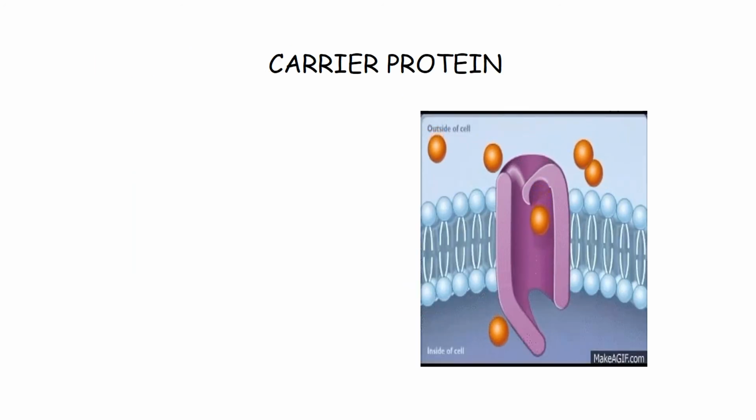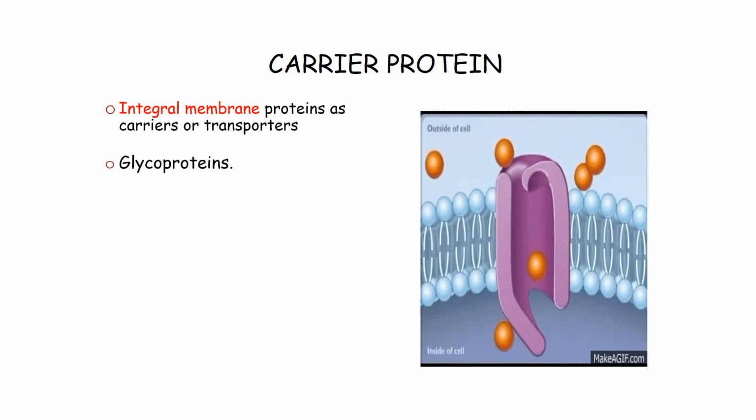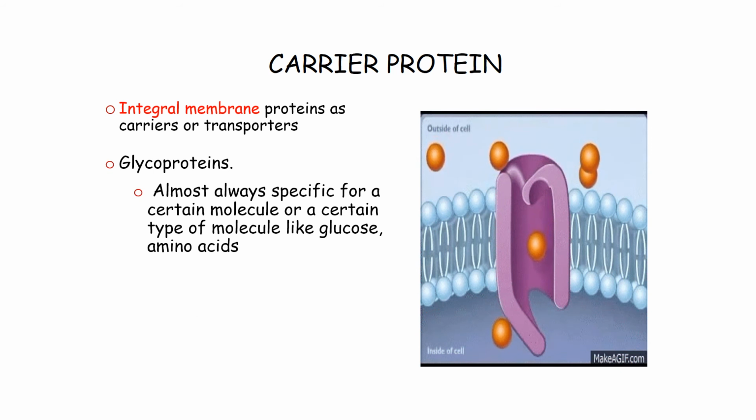We have already studied about the ions. The carrier protein, in a similar way, is an integral type of protein that provides a tubular channel or a passage for the transportation of the substance. This is basically a glycoprotein, and it allows the movement of substances along the concentration gradient of those molecules which are larger in size, as we have said, glucose and amino acid. However, it is specific in nature.